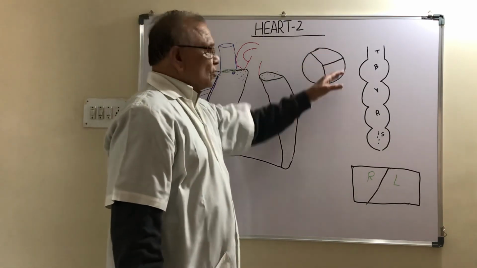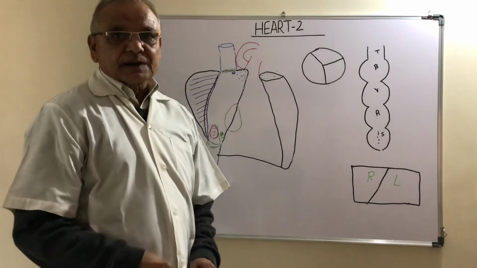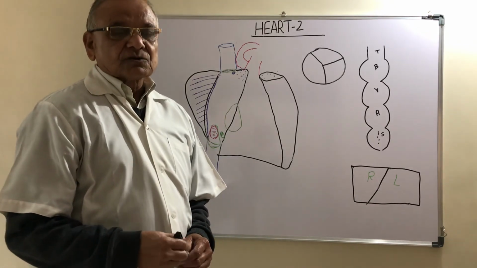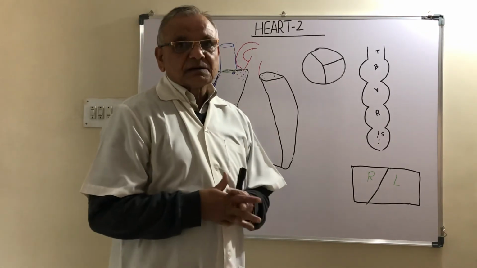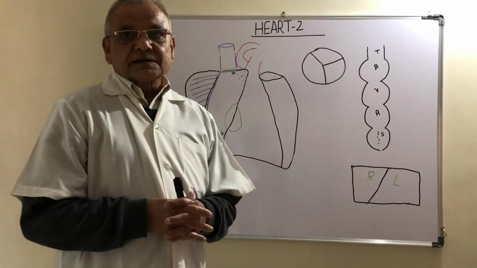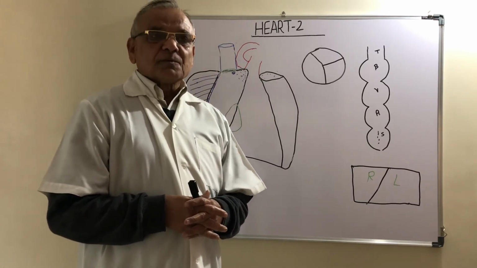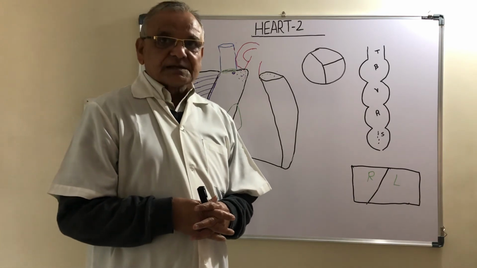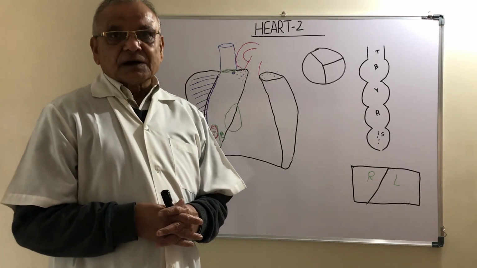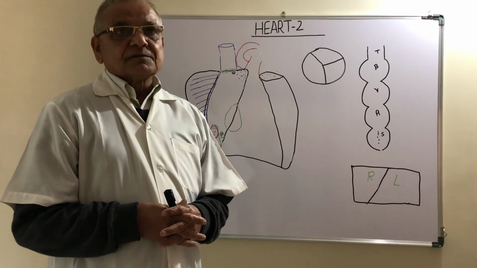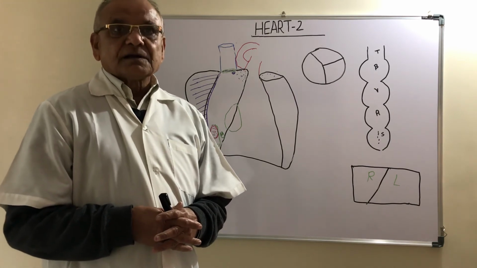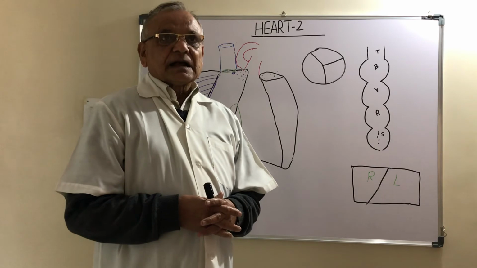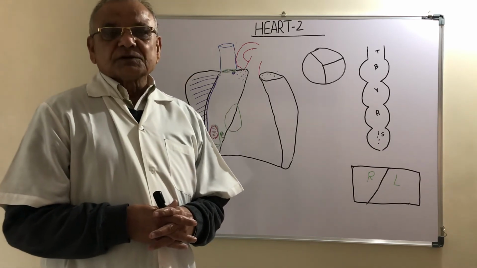About the detail of the valves, I will tell you at the time of the right ventricle. So today you only remember the tricuspid opening. That is a communicating door between the right atrium and right ventricle. It is surrounded by a fibrous ring. It is guarded by 3 valves, anterior, posterior or inferior, and medial or septal, and it is capable of receiving the tip of the